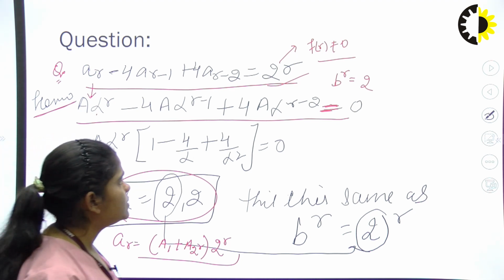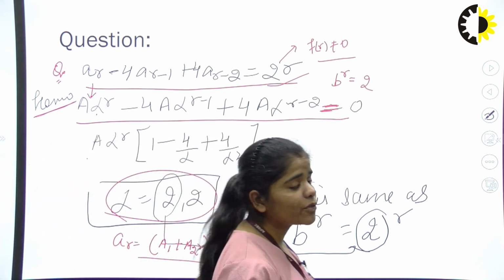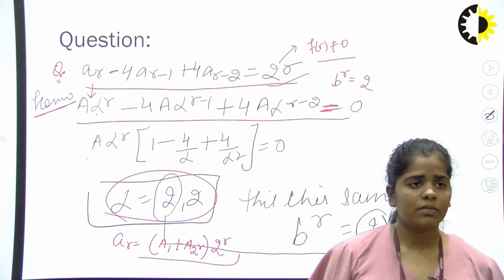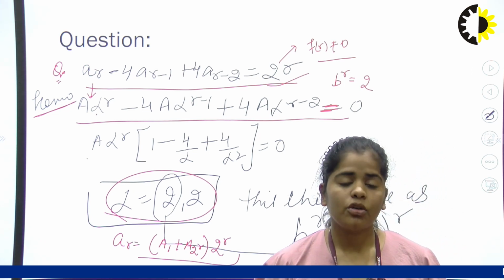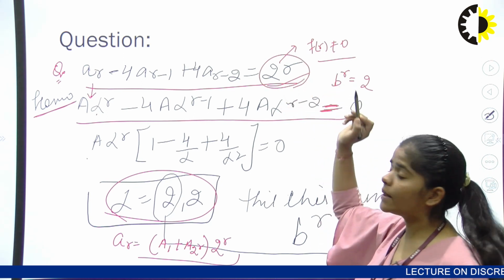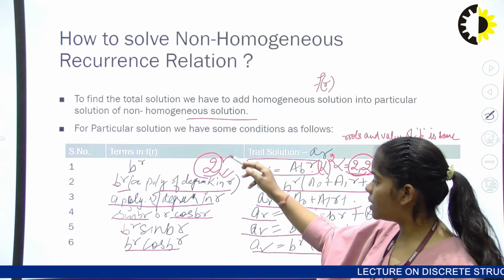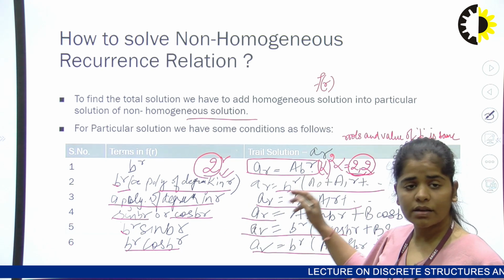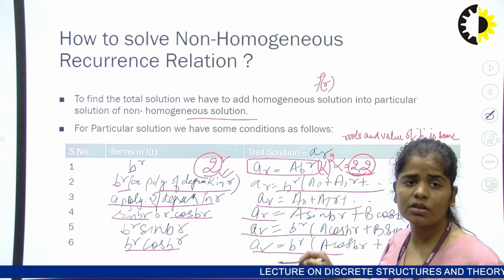Then here we have to find the particular solution, right? For the particular solution, you have to look at the right hand side and match this value with the table, the previous table we are using here, right? And try the solution which is given in this table.